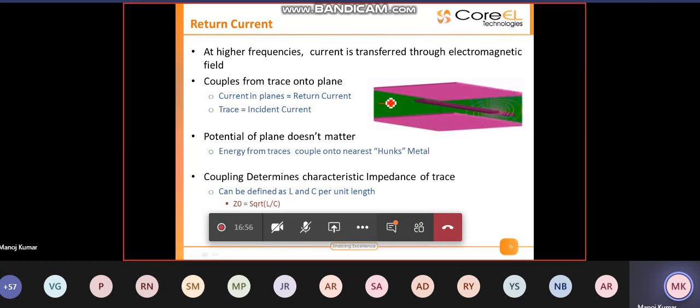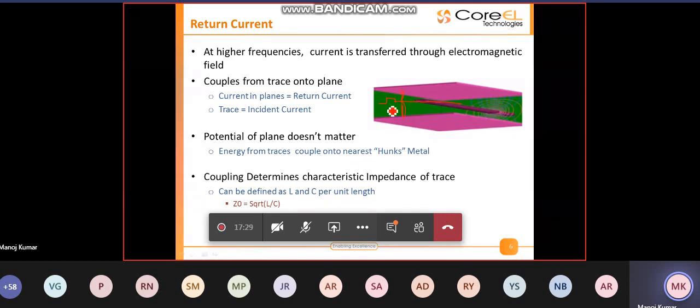When the signal is transmitting, you will see a magnetic field and electric field getting coupled to your power planes during the whole traveling time, and as long as it travels, the current will tail off. The potential of the plane doesn't matter here. Most of the energy will be coupled to the nearest hunks of metal.